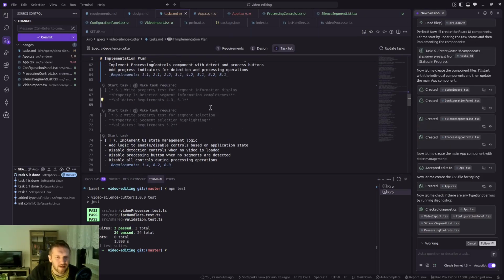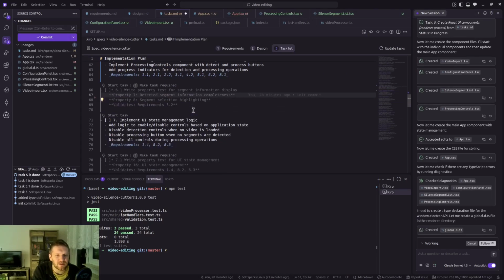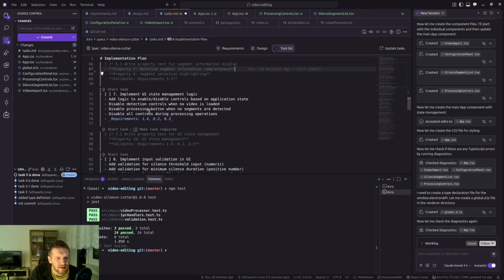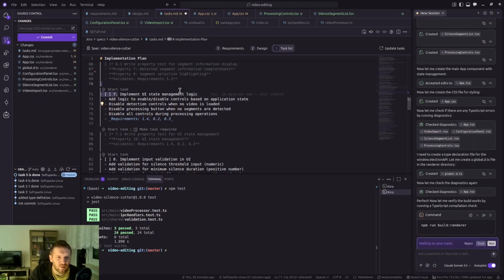I can already clean up the next tasks. As you can see, it has separated the test tasks as well, so we can summarize them in one task. Next task would be implement user interface state management logic. Add logic to enable or disable controls based on application state. Disable detection controls when no video is loaded. Disable the processing button when no segments are detected. So these are